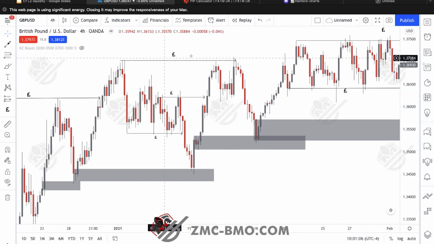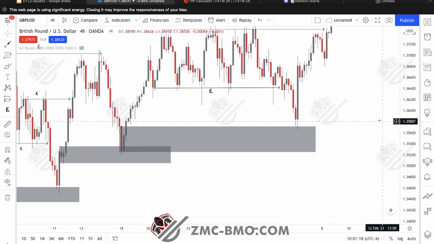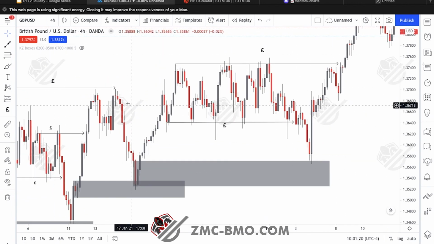So price created a double top, pulls back. Retail traders are happy because they're in profit. And then, boom, liquidity is now taken out, right? The examples keep repeating themselves. Now this liquidity is taken out, price breaks structure. And what does it do? Again, it creates all of this